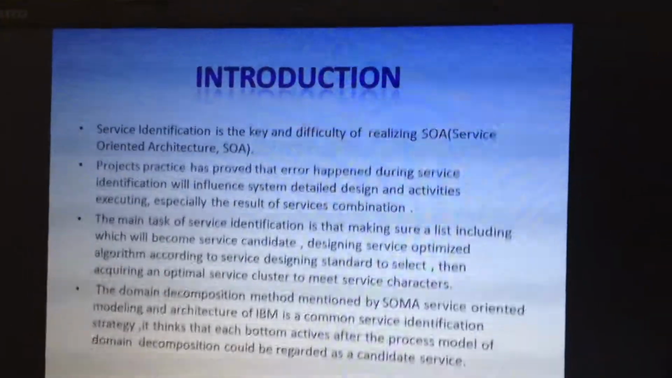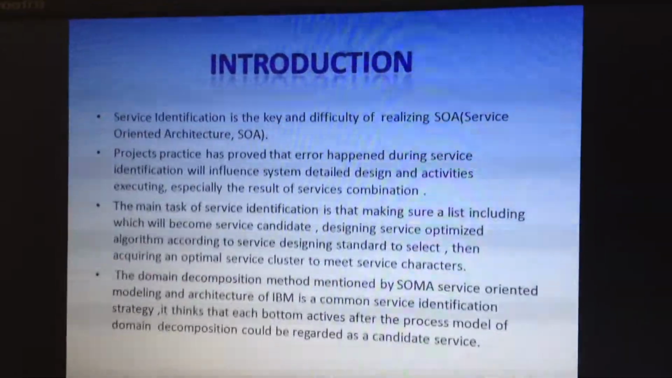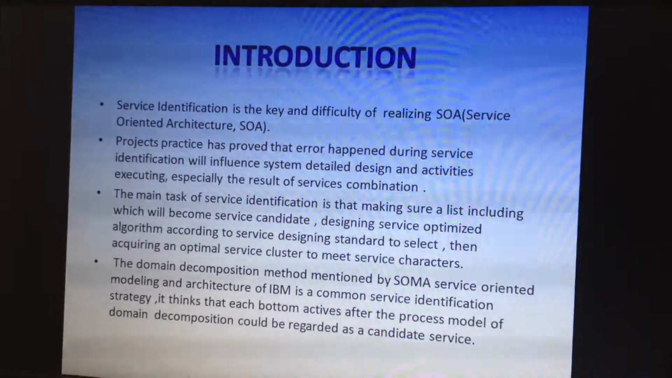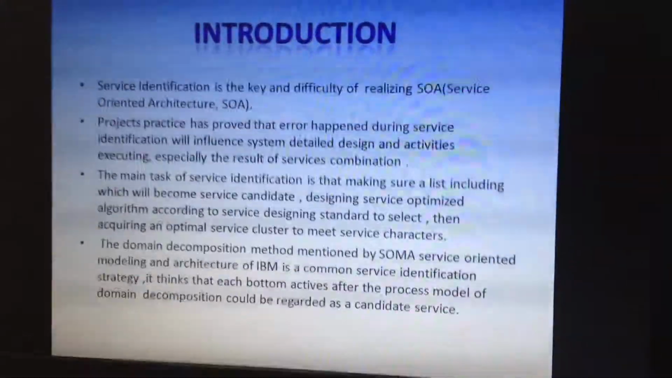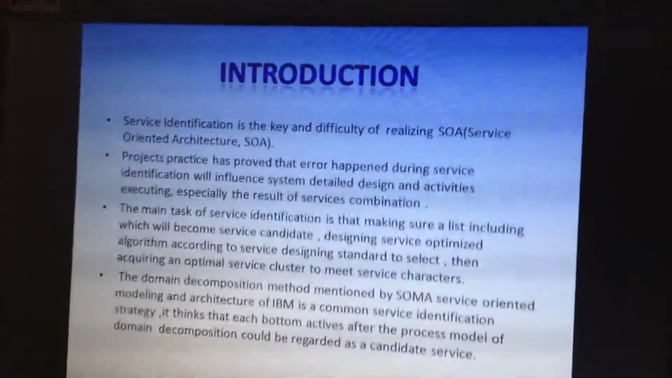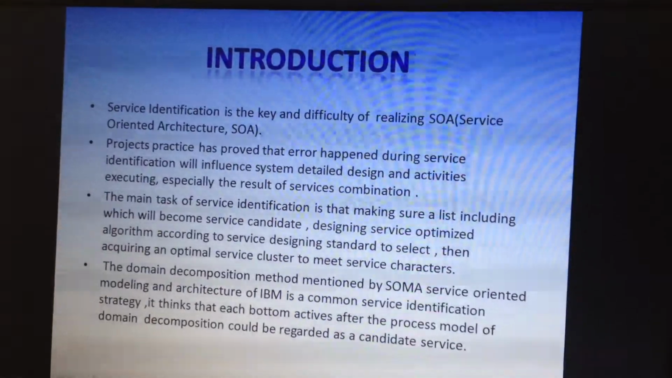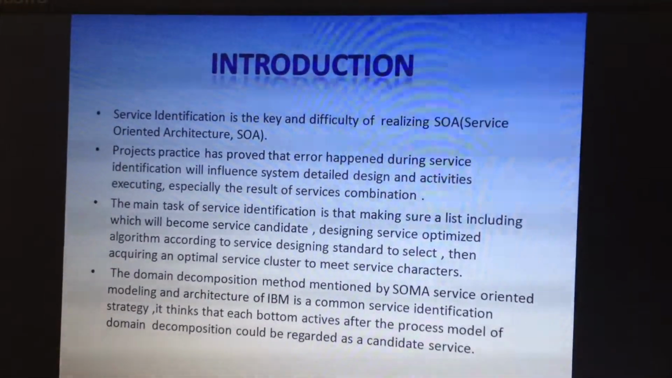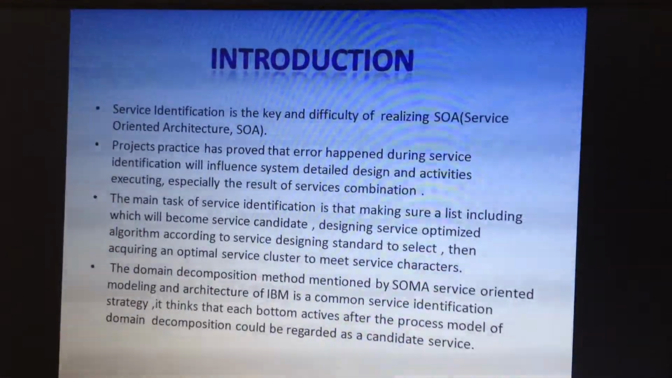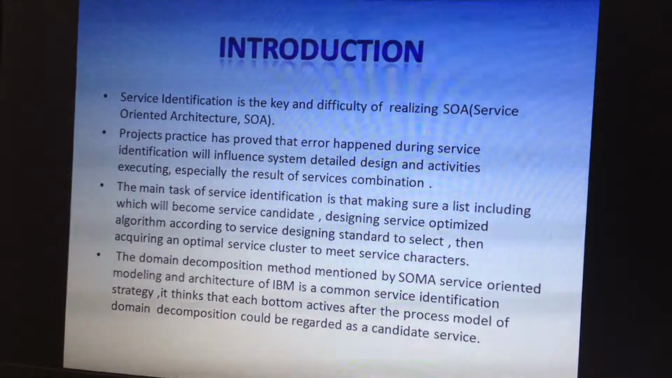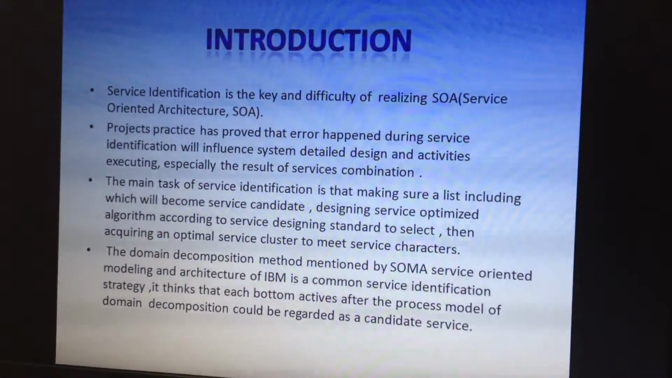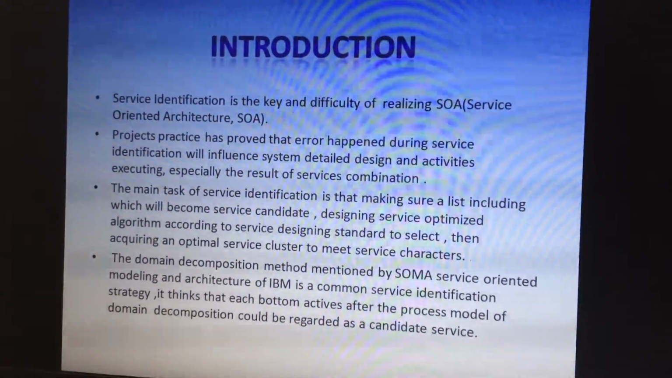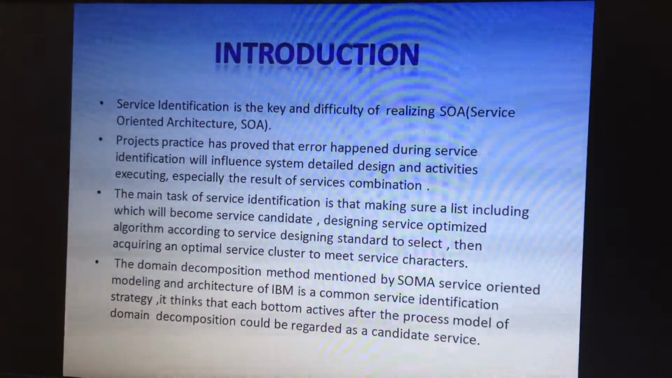And coming to the introduction of our project, service identification is the key and difficulty of realizing a service-oriented architecture. Project practice has proved that errors during service identification will influence system detailed design and activities executing, especially the result of services combination. The main task of service identification is making sure a list, including which will become service candidates. Designing a service optimized algorithm according to service designing standards to select, then acquiring an optimal service cluster